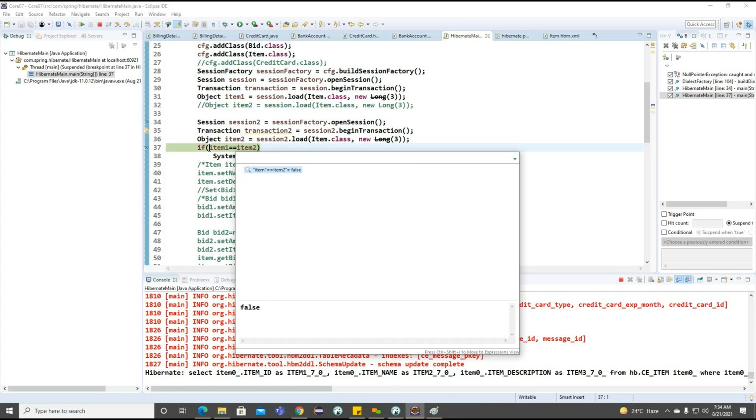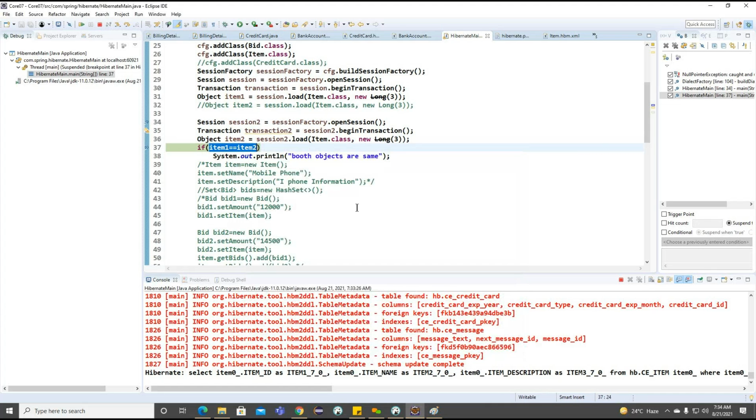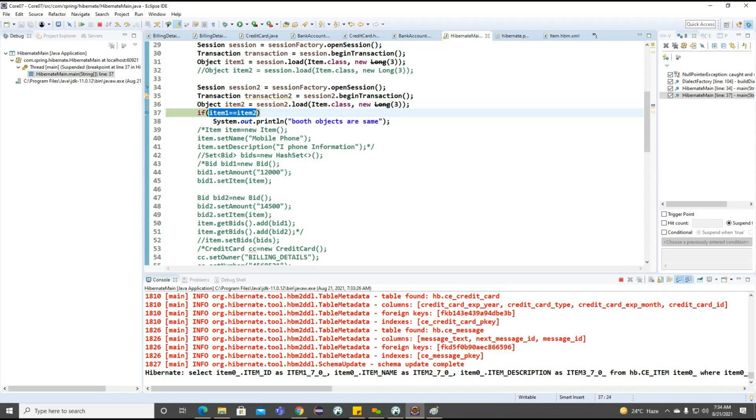But whenever the object is changed, what is happening internally? We are getting false here. Both objects are not equal. We need to understand very carefully the scope of object identity here. But now you can see in the same Java application, this will become true, because of this particular different session, the objects we are getting are different. So this is the information I want to provide here.